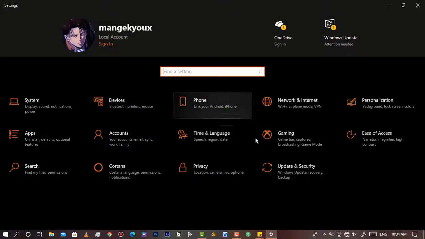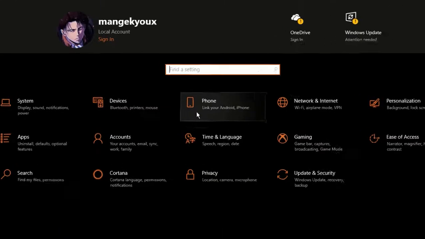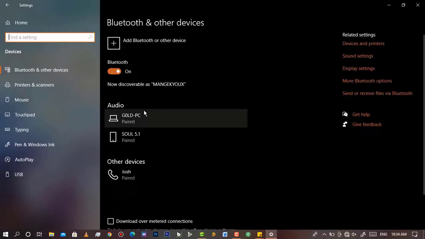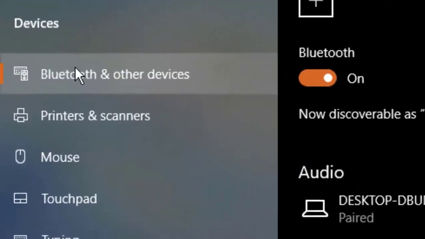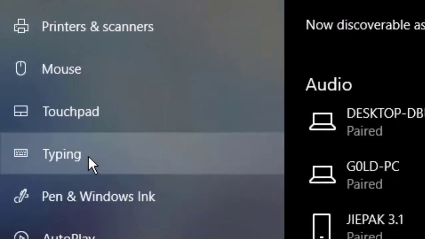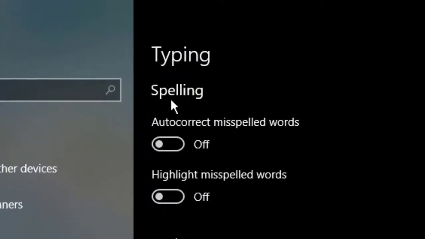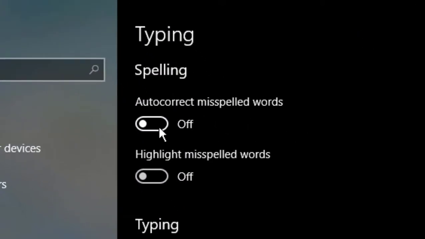Then go on devices. After getting results like this, slide down to typing. And now as you can see, for spelling we have autocorrect misspelled words, so click this button to enable it, and beneath you can see that we have a button that highlights misspelled words. And there you have it, so for now your words will be